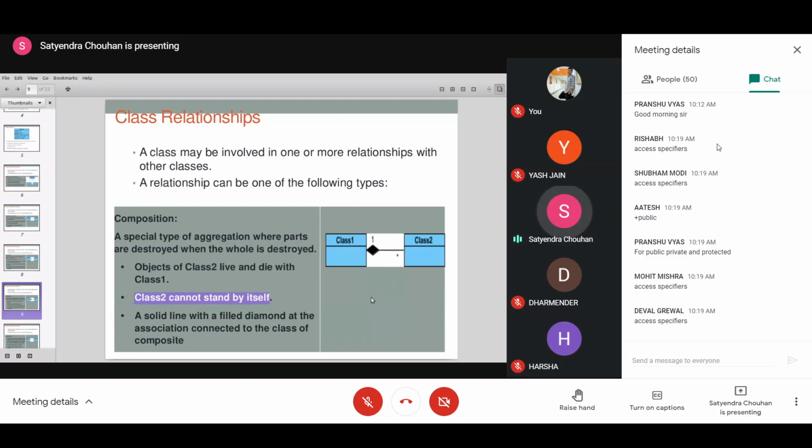Now, because we have studied the nested classes concept, in which type of nested class will we show a filled solid diamond, when the object of class 2 lives and dies with class 1?